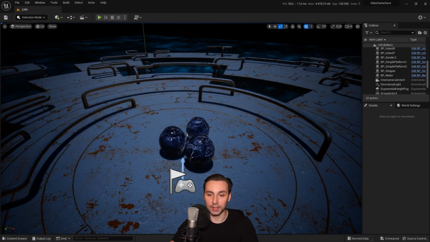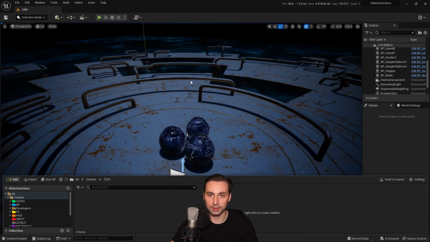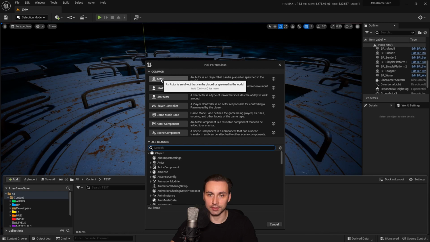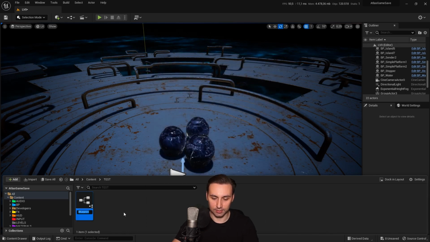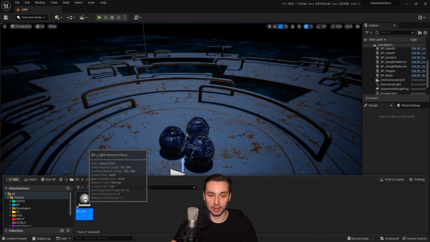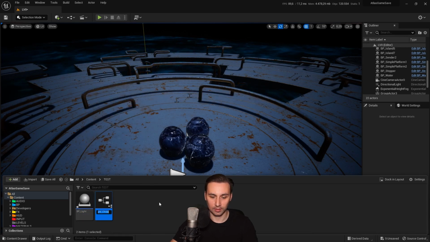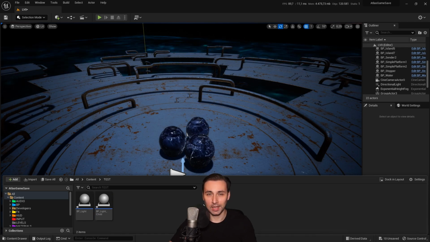Okay, let's start by creating a new blueprint. Right mouse click, create blueprint, and we're just gonna create an actor and let's call it BP light. And from that we're gonna create a child blueprint class and we're gonna leave it as it is. I find it very helpful later on because all the changes you make to the main actor are gonna automatically transfer to the child actor. Let's open our BP light